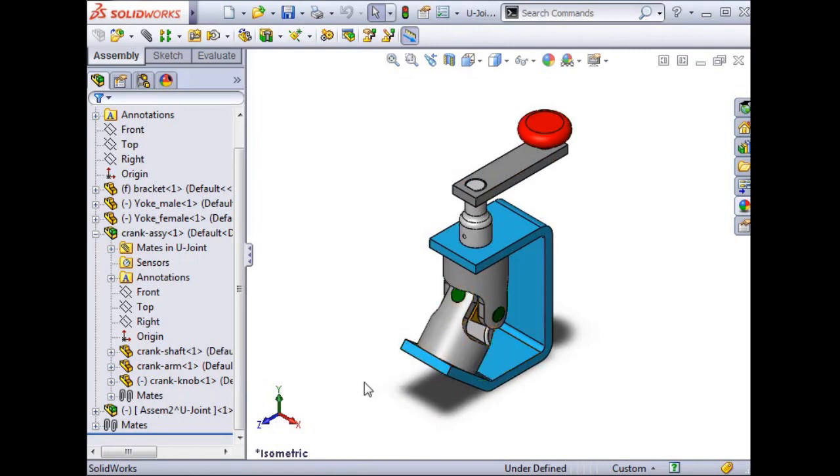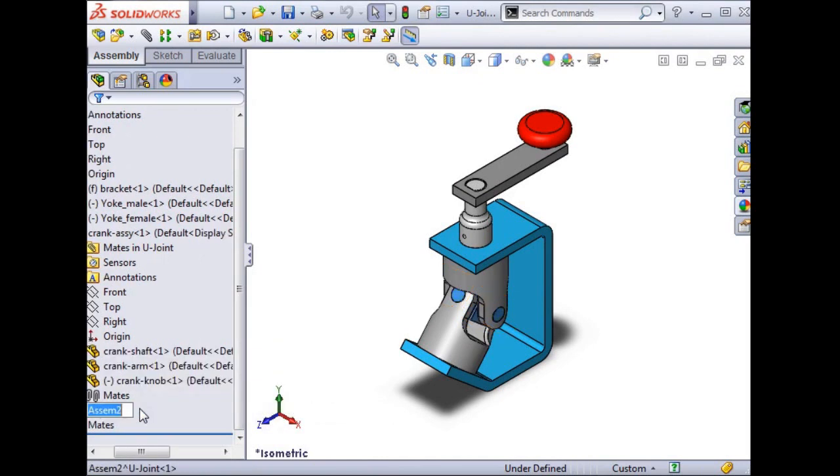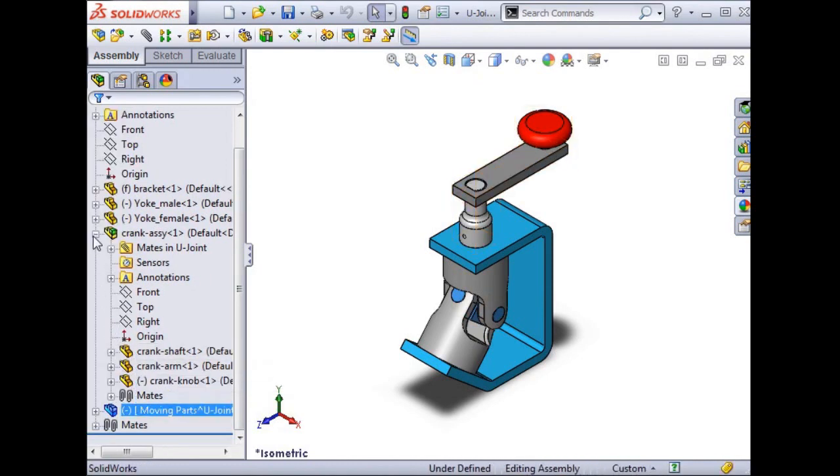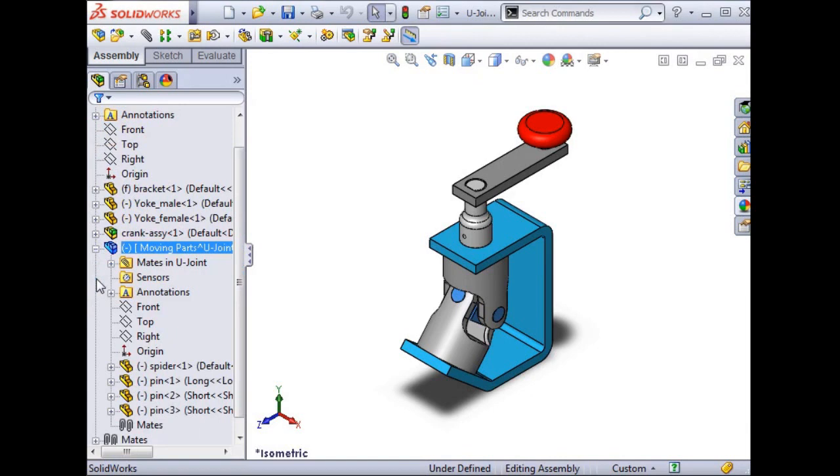You can rename the subassembly by slowly double-clicking on it and entering the new name. I'll call this one Moving Parts. Notice all components have a minus sign next to them. Typically, in a newly created assembly, the first component is fixed. When assemblies are formed in the context of other assemblies, like we did here, there are no fixed components by